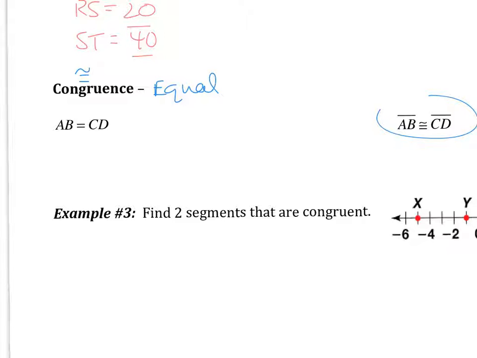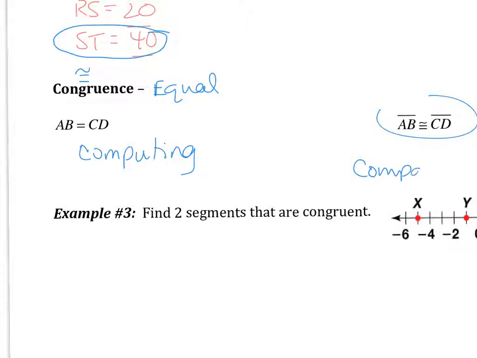A couple things that you do have to understand though. Sometimes we want the equal to. Anytime that we are computing, solving, finding the measure of, that's when you use equal to. So like up here, we said ST equals 40. Anytime we're giving a measure of, we're going to use the equal sign. The congruence we use when we want to compare. So for example,